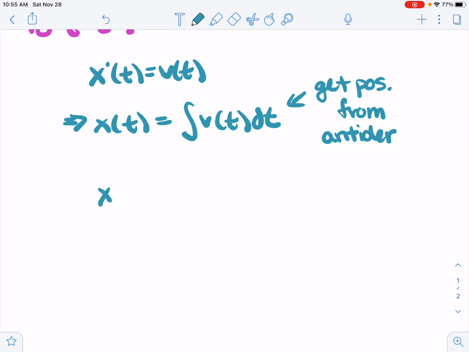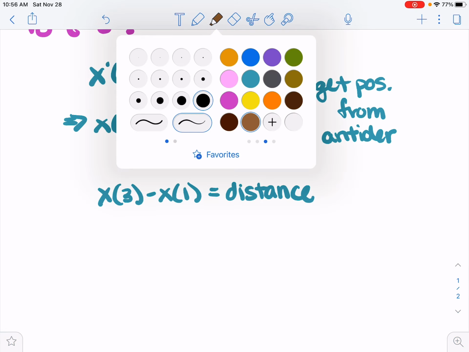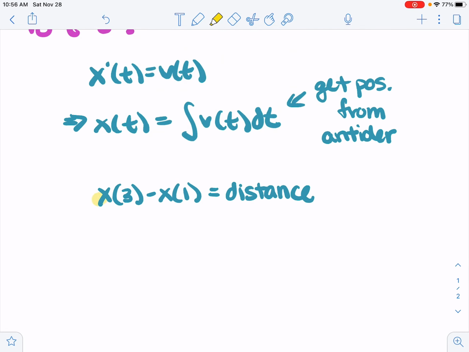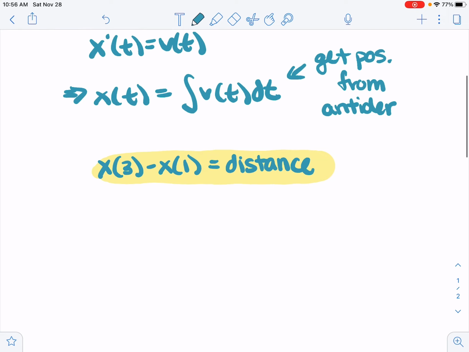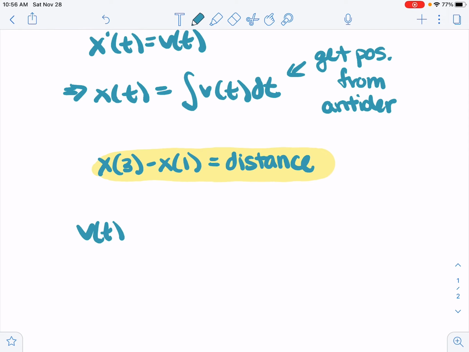And then we can evaluate the position at time 3 and subtract our position at time 1, and that is going to be our distance. So we get there with an antiderivative. Okay? If we want a specific example, let's say just a simple function v of t equals t, then